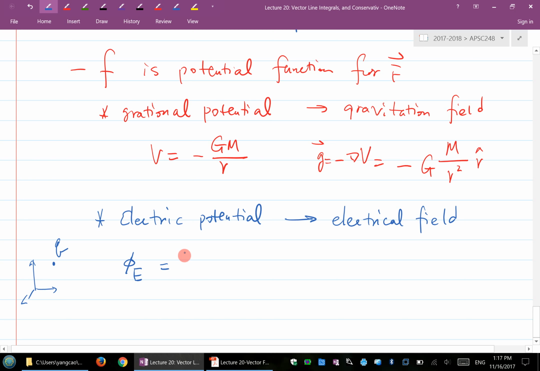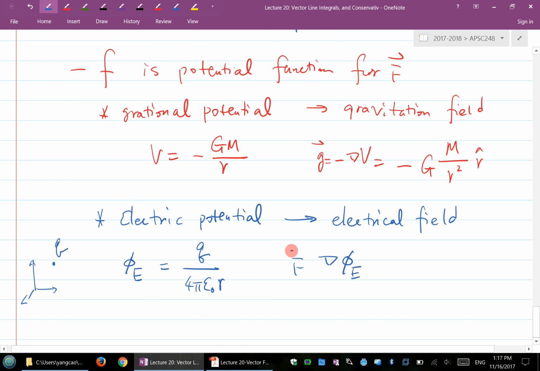The potential for this point charge is Q over 4 pi epsilon naught times R. This epsilon naught is the so-called electric constant. Now, if you take the gradient of this potential function,